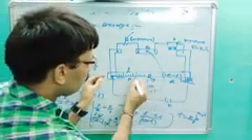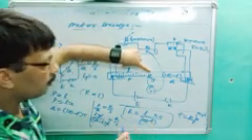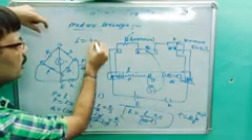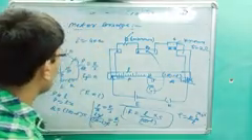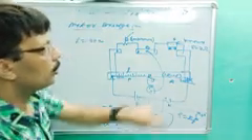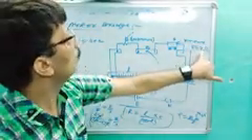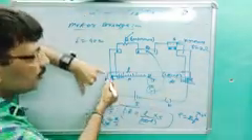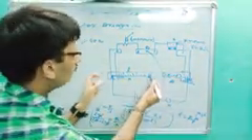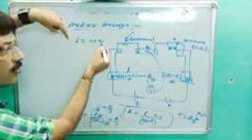A scale is given there, and you have to measure the length L. Suppose you get 40 centimeter. There is a way by which you can get the answer. I am putting a mathematical example in front of you. First you plug out any resistance you want. Suppose you plug out 2 ohm and slide the jockey from A to C until null deflection. Suppose at D the galvanometer shows null deflection. It means L is equal to 40 centimeter.